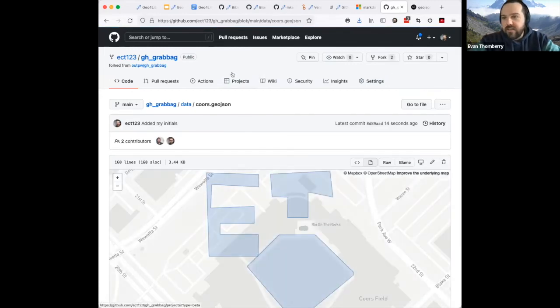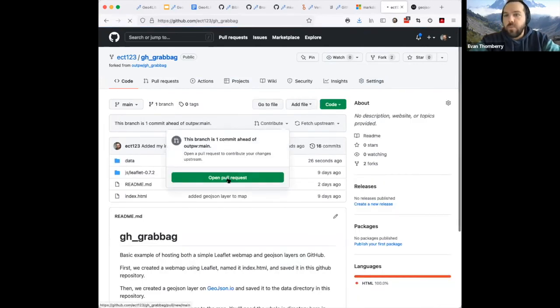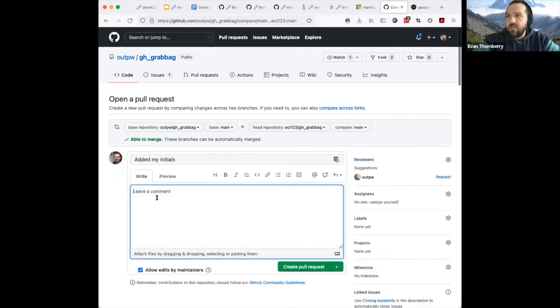So now if I want to add that to Phil's map and delete my branch, now that I'm done, I think I'm pretty satisfied with these two features that I made. I can contribute and open up a new pull request. So now what we're doing is we're submitting this GitHub grab bag fork to the original. And I'm just going to add a message here. Phil, I think I've made